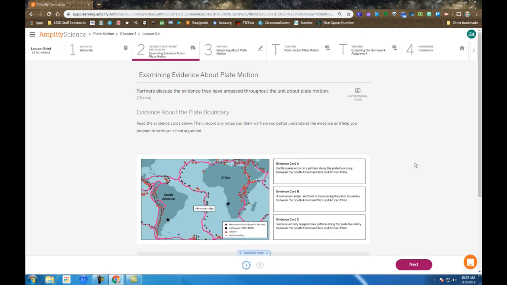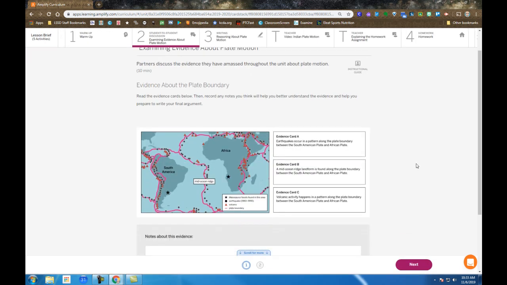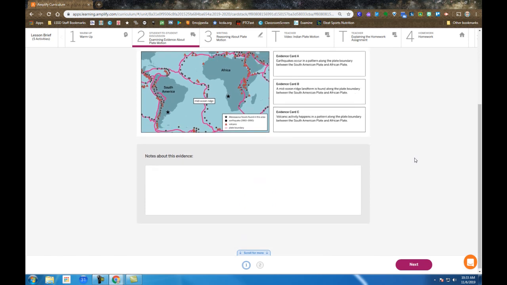In step 2, we have 3 evidence cards. They're only presenting it to you on the screen. There is nothing to give you physically in class, but evidence card A, B, and C, you examine, making notes about the evidence,